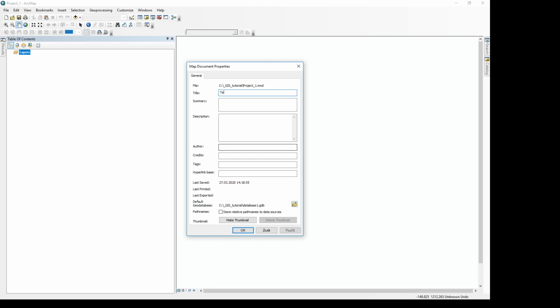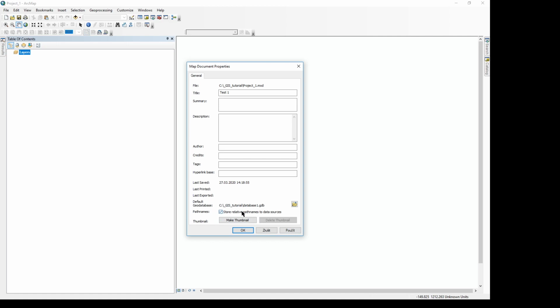So just title test 1, and I can leave the rest. And what is very helpful is to use path names, like stored relative path names to data source. In the case I use it like this,